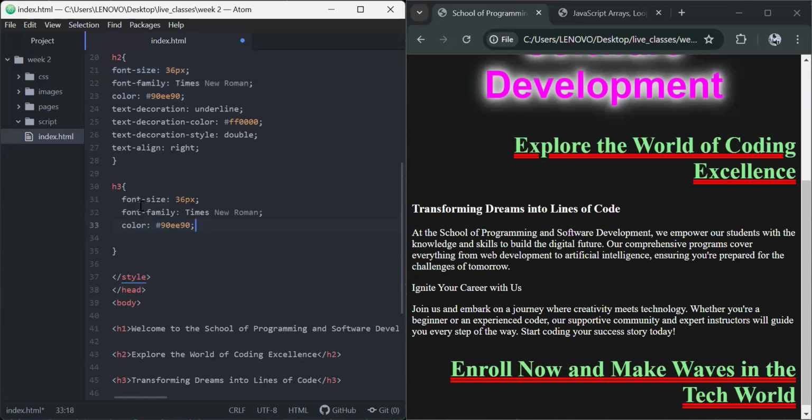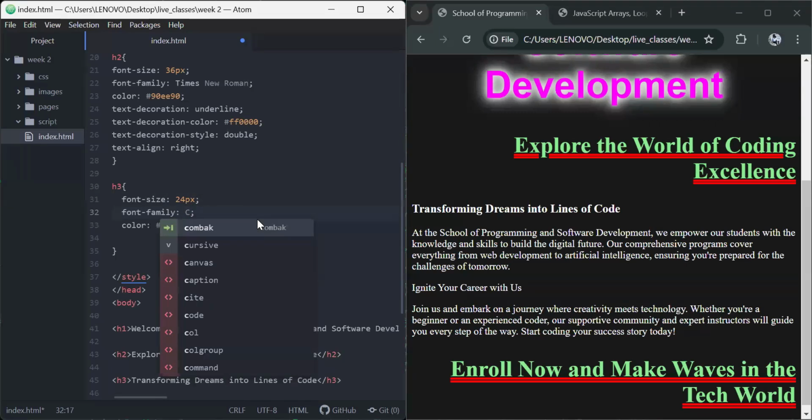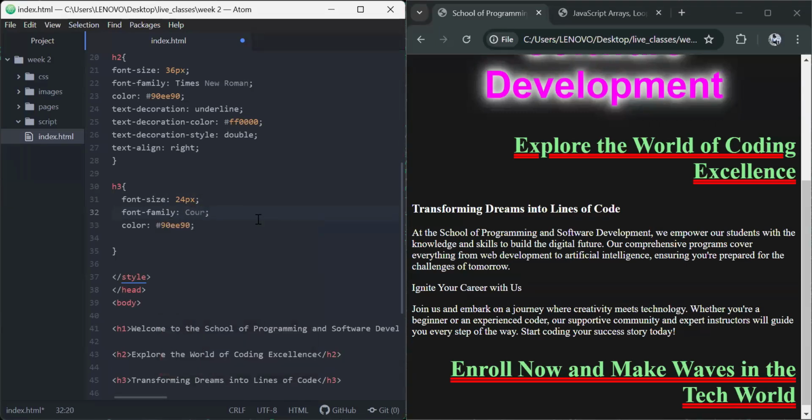But this time I want to change the values. Here I'm going to use 24px, and for the font property, let's use Courier. And for the color,